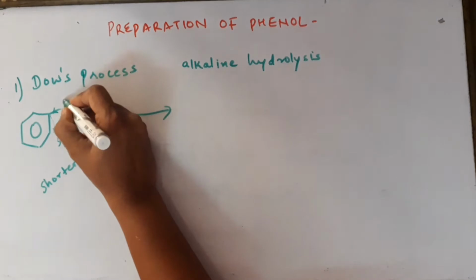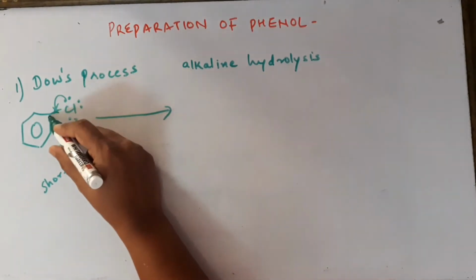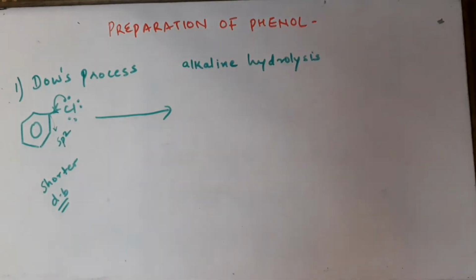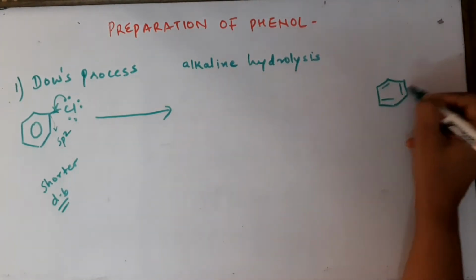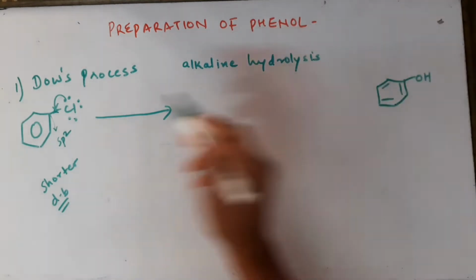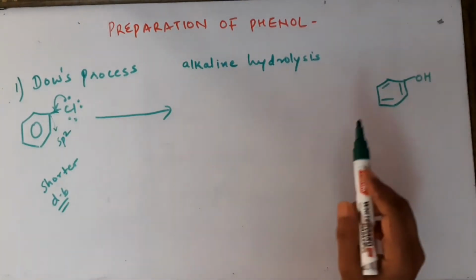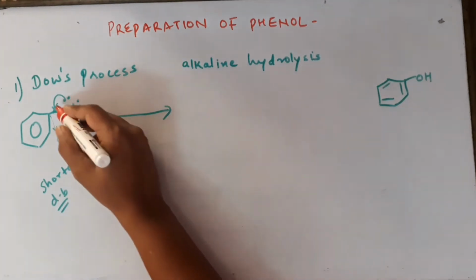And the second thing which we saw is the resonance phenomenon. Because of resonance, the bond between carbon and chlorine is going to be a partial double bond. So because of these two factors, this bond is not going to break very easily. And if you want to get phenol from chlorobenzene, it's not an easy job. It's not easy for you to break this carbon chlorine bond and get carbon oxygen bond. But still, nothing is impossible. So you can definitely do some strong and vigorous conditions to break this bond.